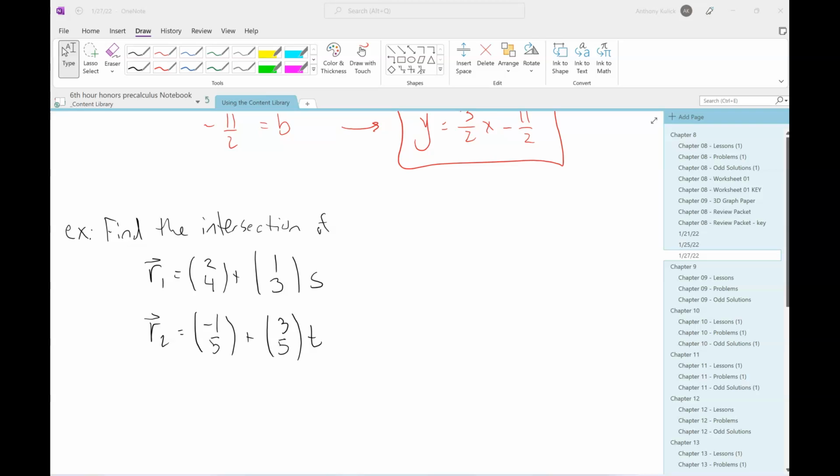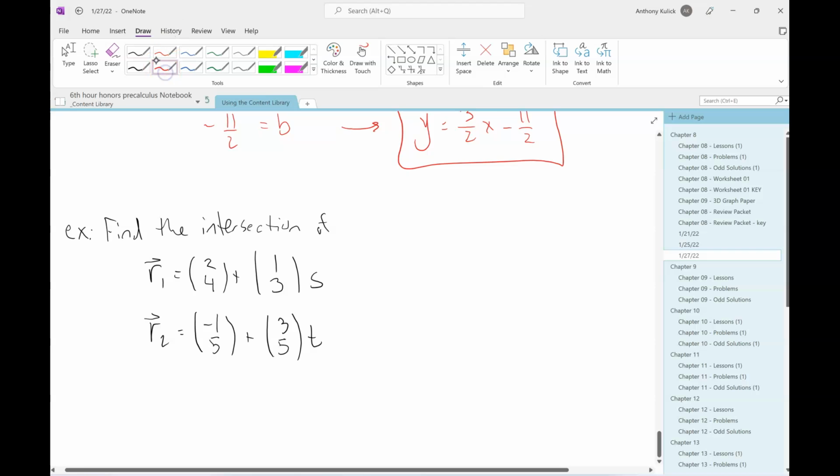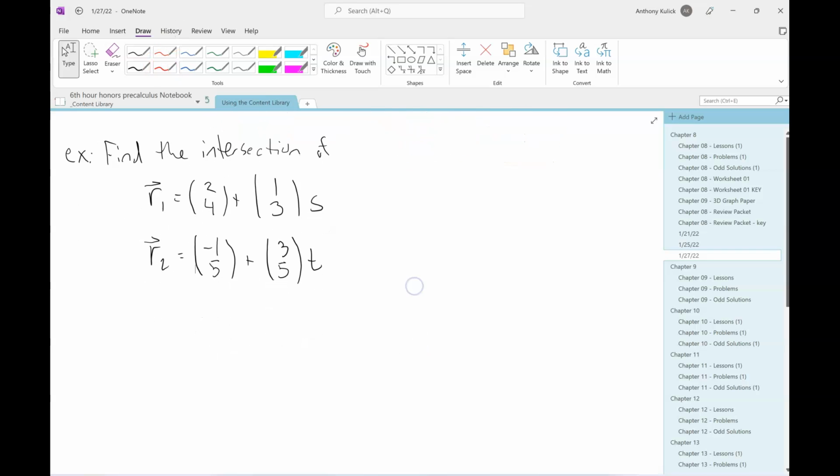Particularly if this gets to 3 dimensions, like the direction is no longer, there's no slope in 3-dimensional line equations. So it's like kind of a whole different thing. You know what I mean? So while that's a nice patch in 2 dimensions, it doesn't hold for very long. Okay,